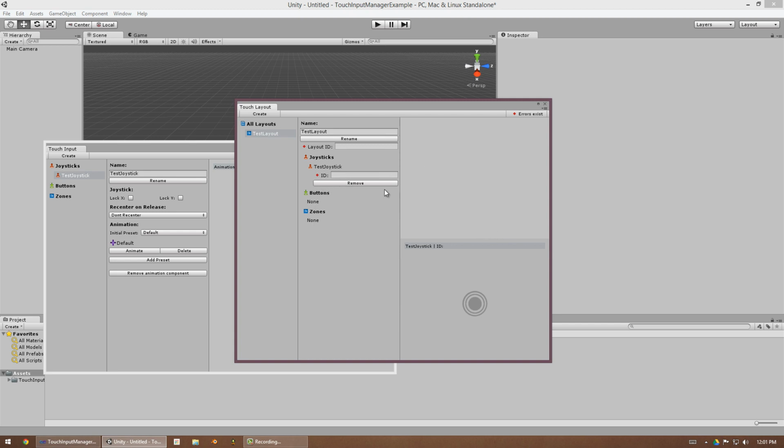Now, you need to create an ID for each of your elements, and the ID is used to access the layouts and the joysticks and the buttons through code. Okay, the IDs for the layouts have to be unique between all the layouts. The IDs for the joysticks have to be unique within that layout. Okay, so we're going to call this one our